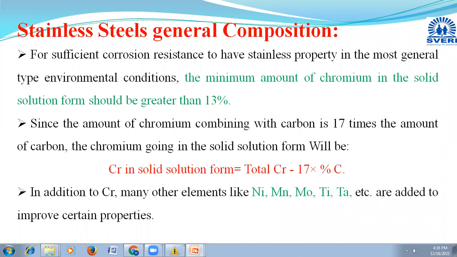And generally the amount of chromium which combines with the carbon is, whichever amount of carbon is there, 17 times the amount of carbon,